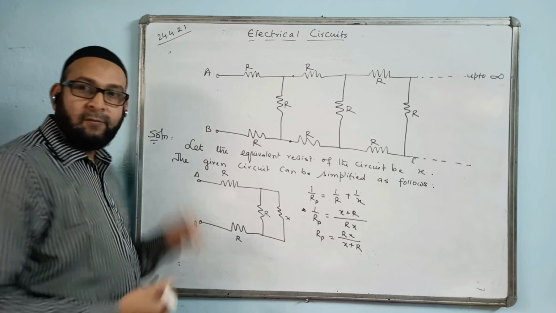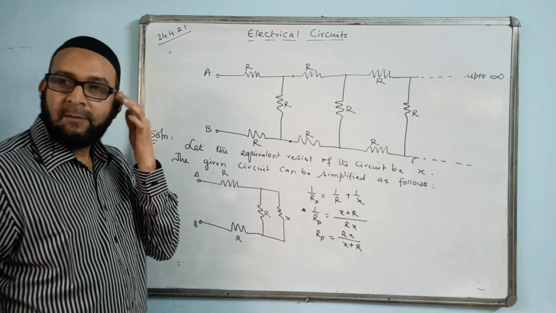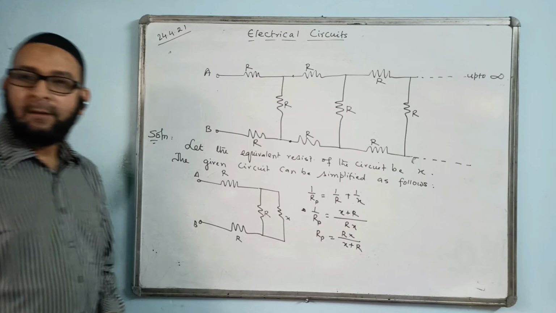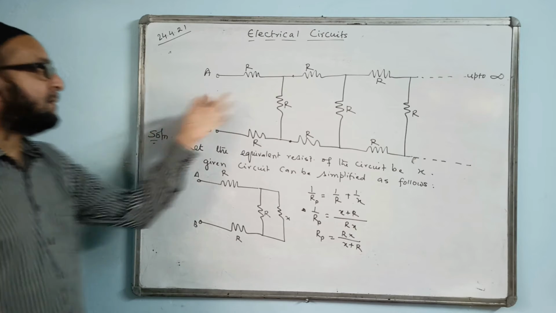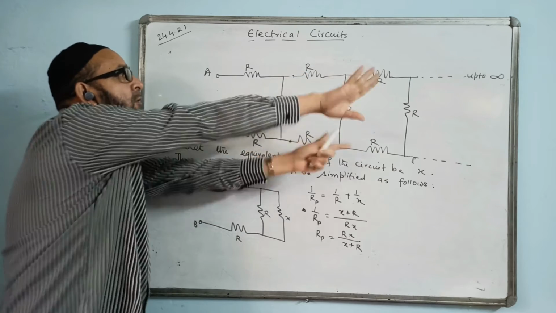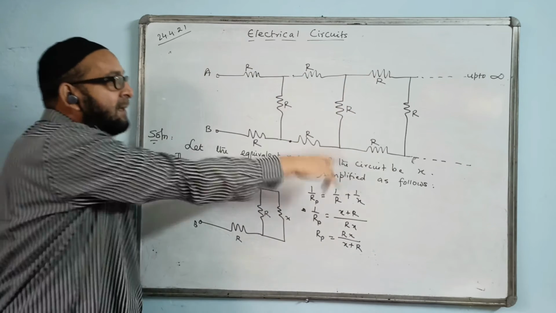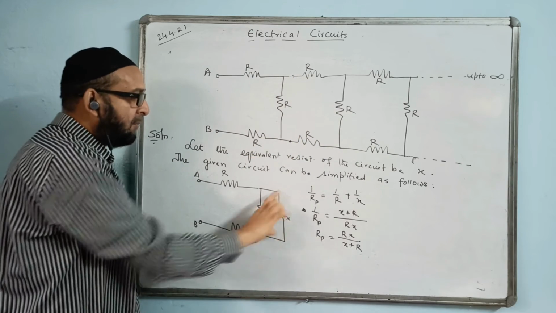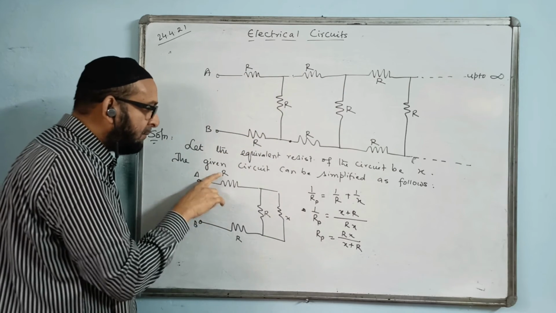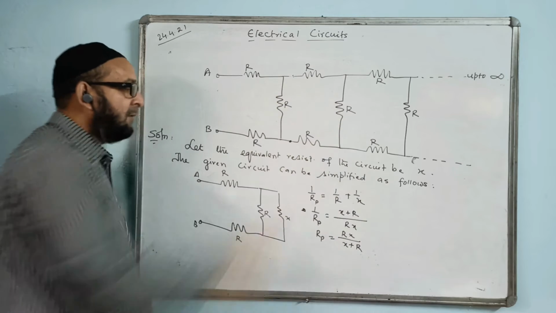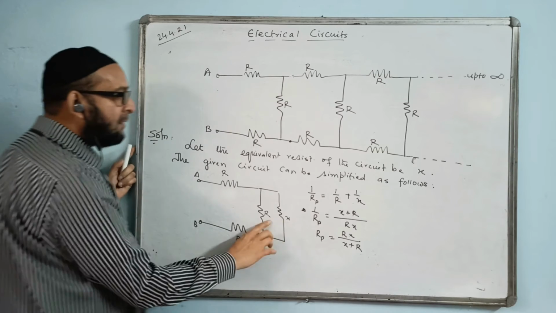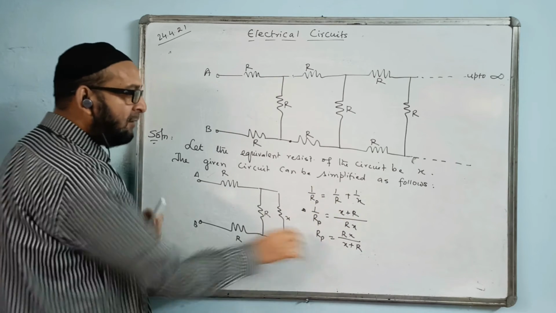Now we'll simplify the circuit further. I'll repeat again: this circuit from here onwards is looking the same. So the entire thing I have taken as X. This part again will represent X, from here onwards. These three things I have kept the same, 1, 2, 3, and this X is the same entire thing from the beginning, however it was looking. So now we see these two are in parallel, so the parallel formula will apply and we find the value of RP.